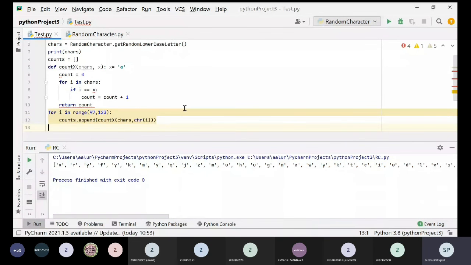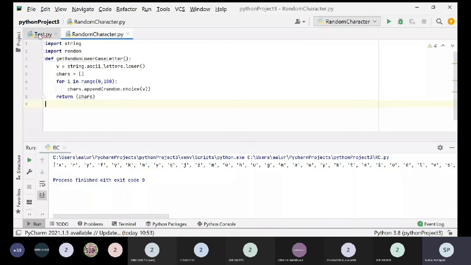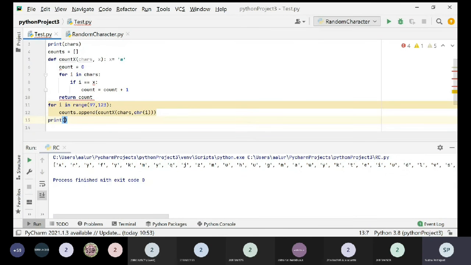This is the entire case study. Since I have solved it, you might feel that the program is very small, but creating the logic and writing the algorithm is the key point over here. It will take quite a time to actually think of how to solve this particular problem. So this is what I have adopted, and finally print the count. Whatever you want, you can list out over here, like the count of each character in the random character set, or else you can simply say counts, which will give the count of characters.